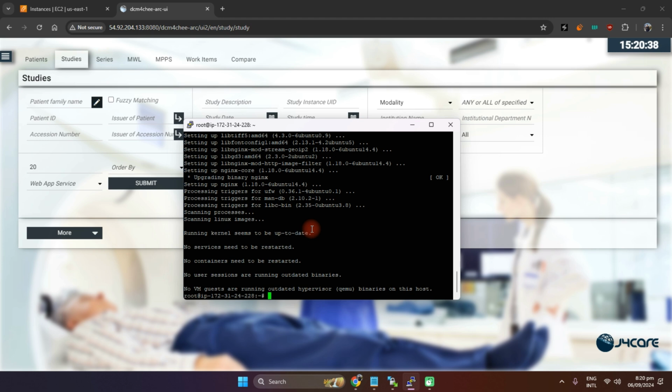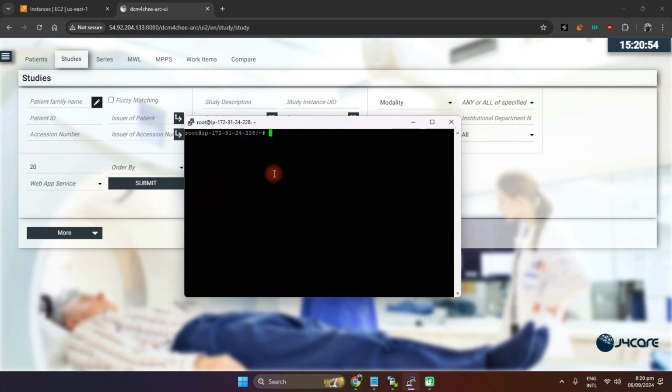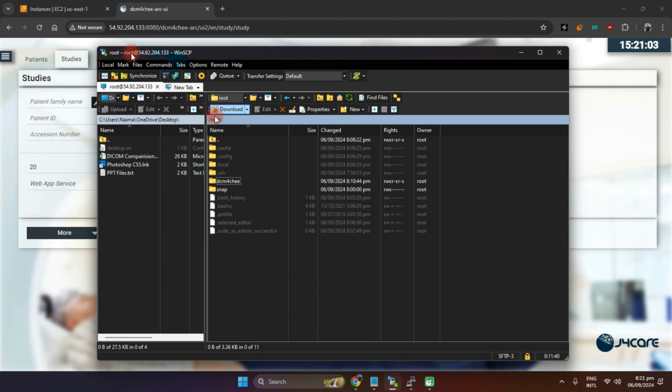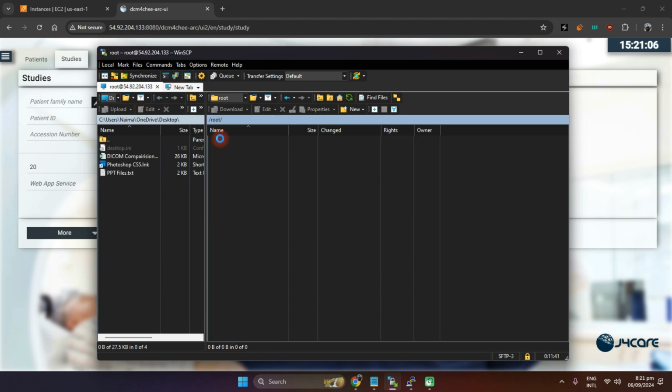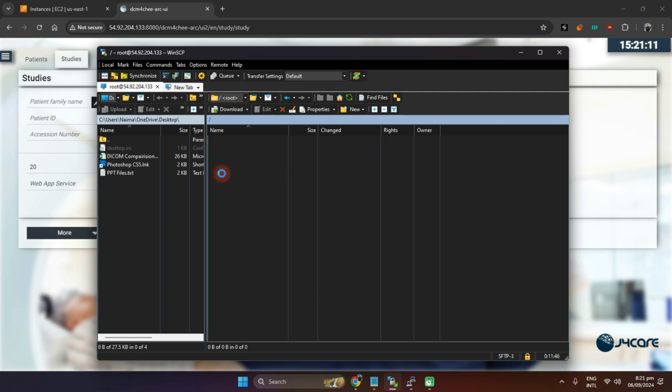After that, we need to make some changes, and our port 8080 will be bypassed, and our dcm4chee web server will work directly on this IP address. So first of all, we need to connect to the server with FileZilla or any other software you are using. I am using WinSCP, so I have already connected my server. We need to go to etc,